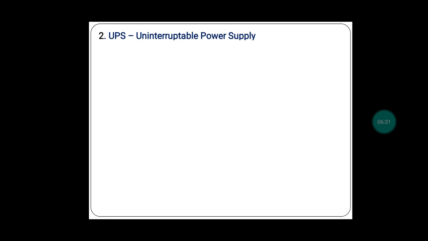Using SMPS, we can run our computer system, because it is supplying power to it from the mains. But if the main power goes off, then what will happen? Our computer system will shut off, right? Suppose you have opened a Word file, you have not saved it, and you are simply typing some data. You have typed half a page, and the power goes off. What about the data you have typed? That will be vanished, right? Because that is present in the RAM.